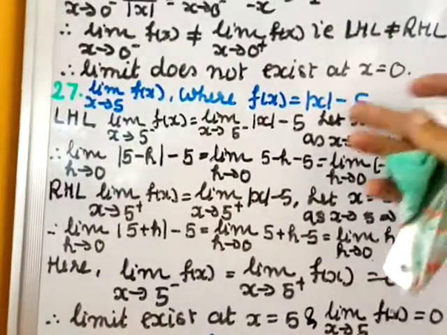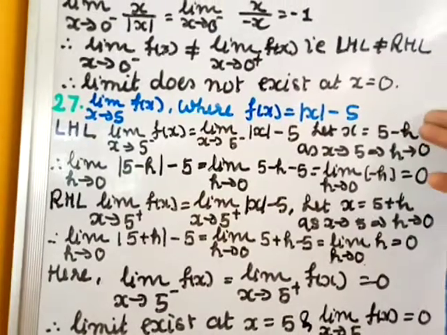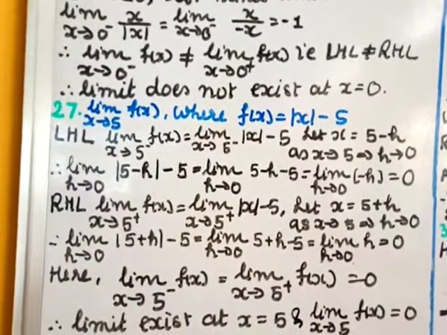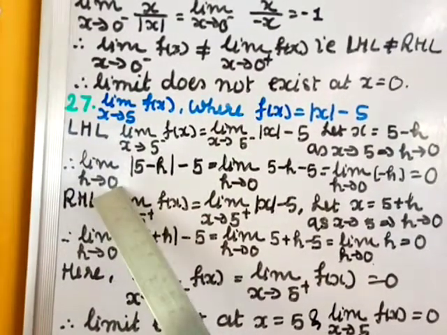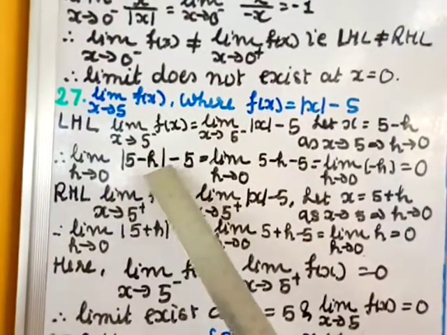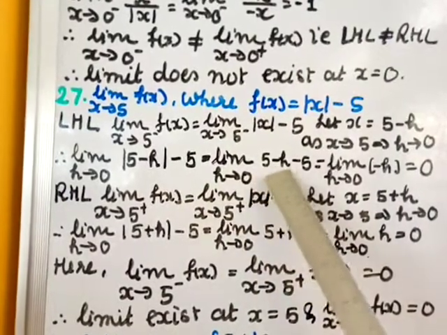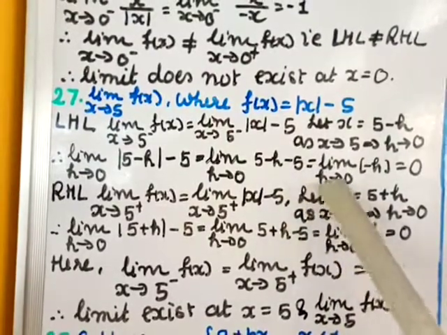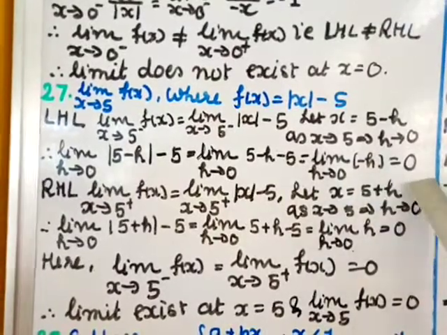Okay, you have to interchange this: h you transfer over here, x you transfer over here, so 5 minus x. If you put x value as 5, then h will be 0. So when x tends to 5, h will tend to 0. So this limit we can write as limit h tends to 0, instead of x we are taking 5 minus h, minus 5. Limit h tends to 0, 5 minus h minus 5. So this plus 5 minus 5 cancels, so you get limit h tends to 0 of minus h. Apply the limit 0. If you put 0, answer is 0.